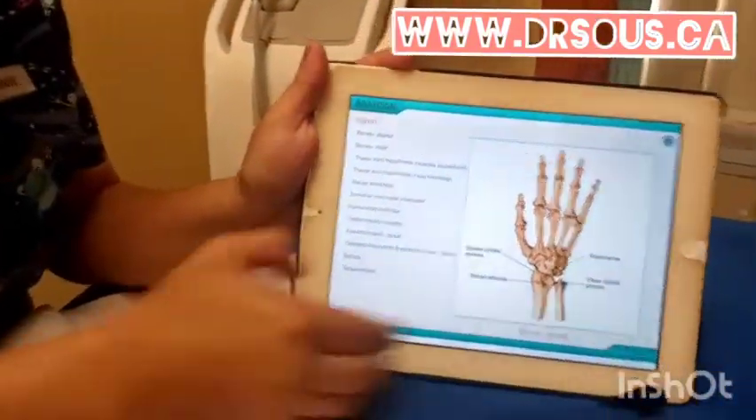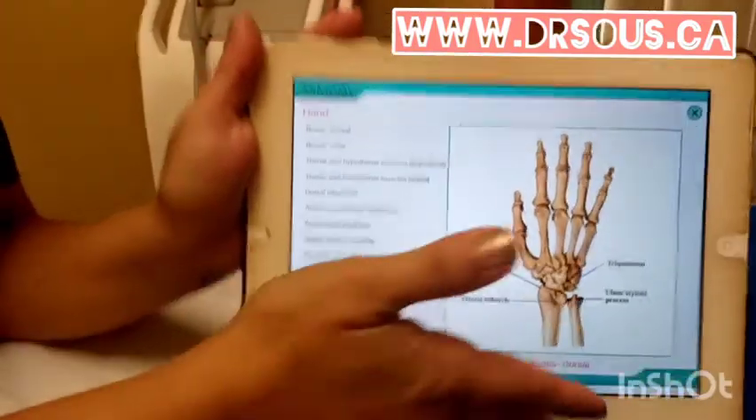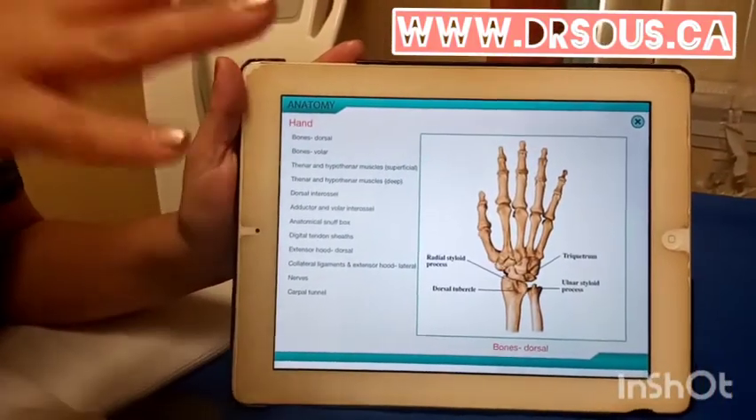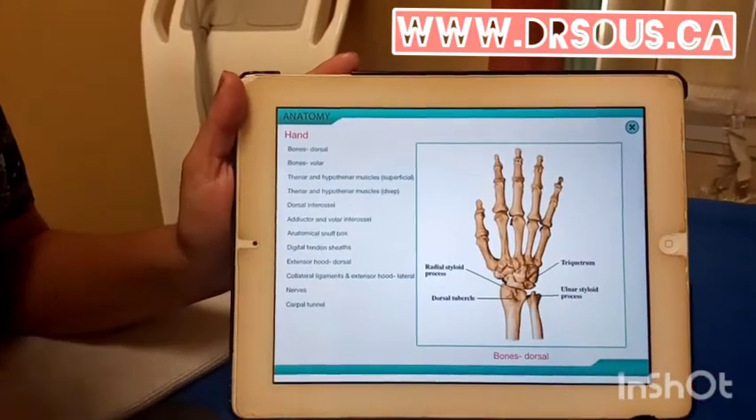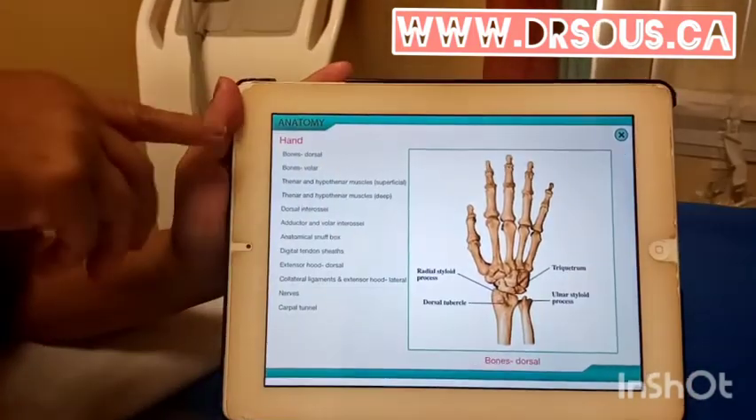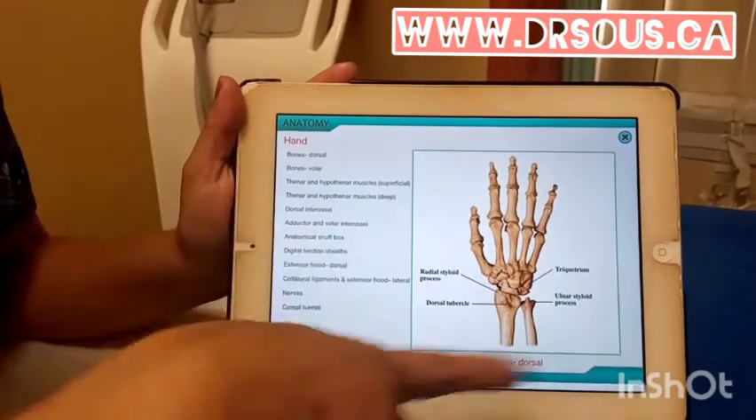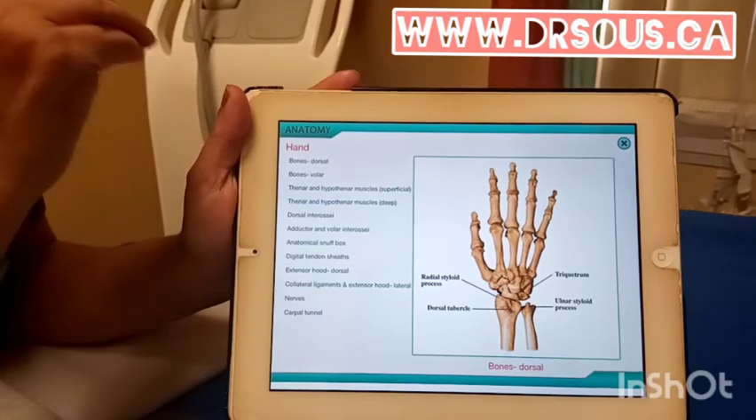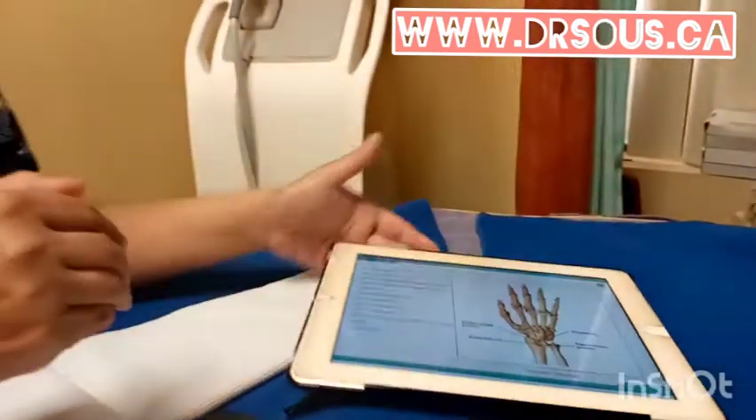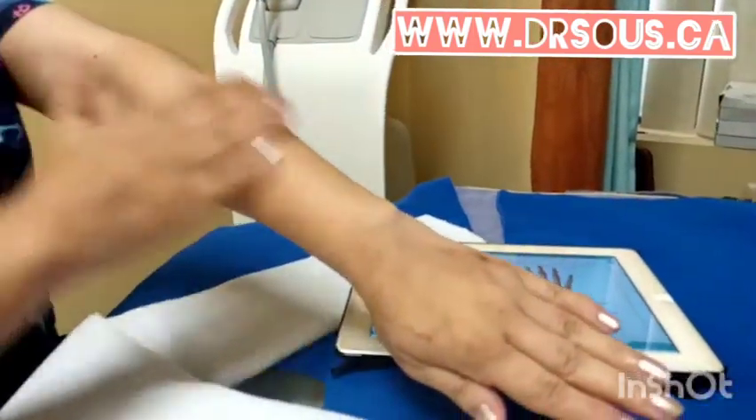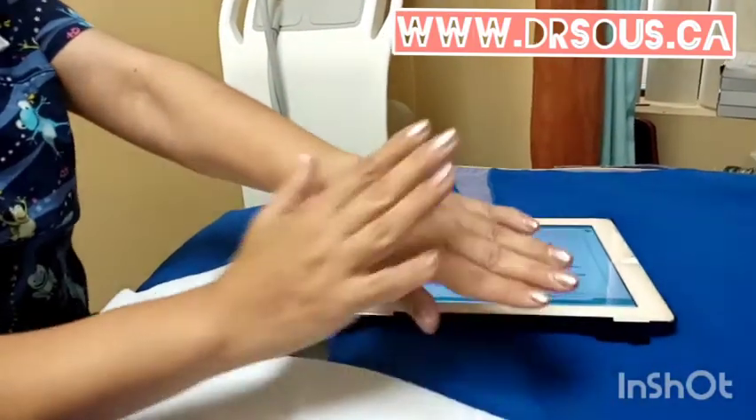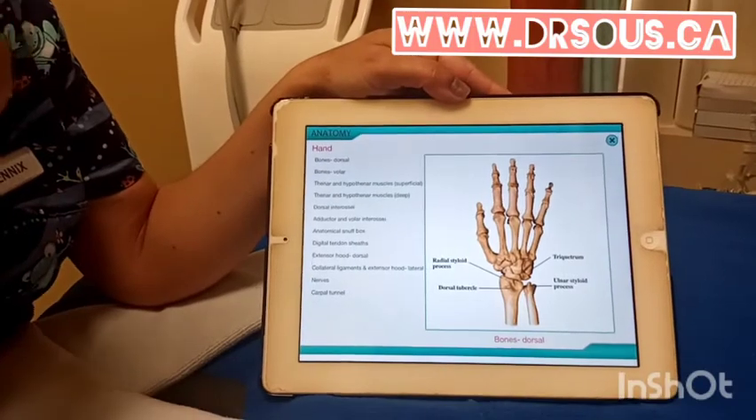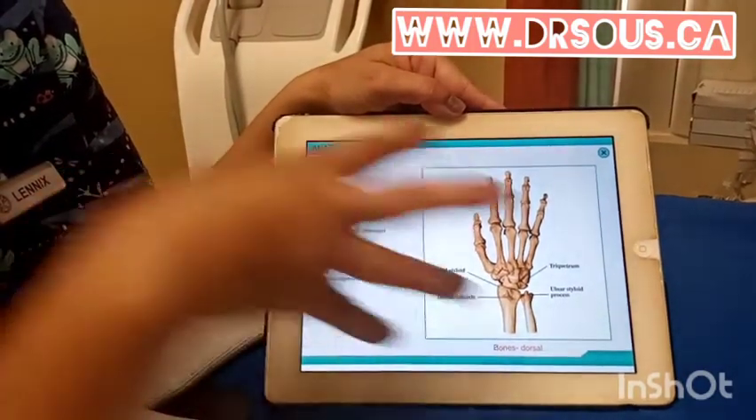So you can see here very well. Okay. Here on the hand, we are going to look at the bones. We can find the bones of the dorsal area. Remember the anatomical position. I told you that the dorsal area is this area. So in this dorsal area, we are going to see these bones